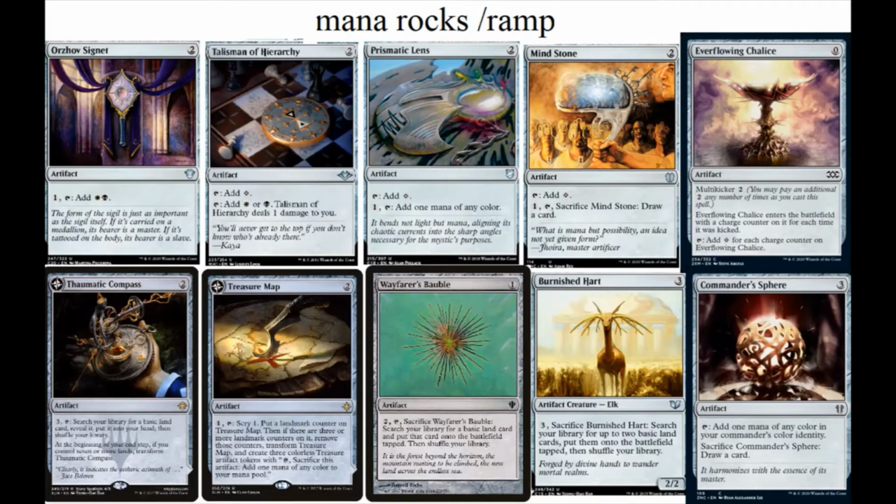put it into the battlefield under our control. Burnished Heart, 3 mana, and then another 3 mana to sacrifice it, go search for 2 basic lands, put them into our battlefield tapped. Command Sphere, at this point where we're talking about Burnished Heart and Command Sphere, I was